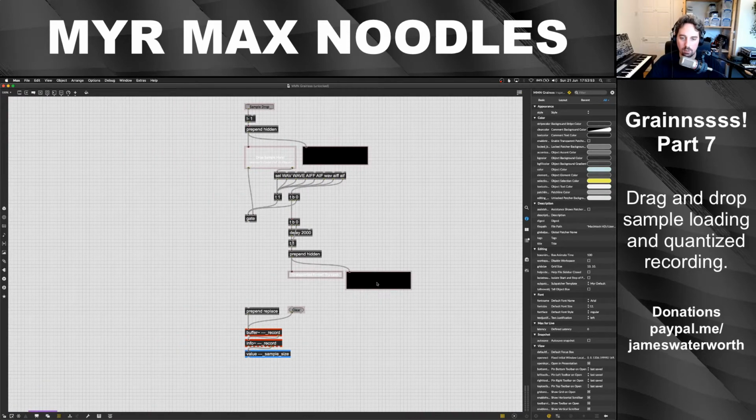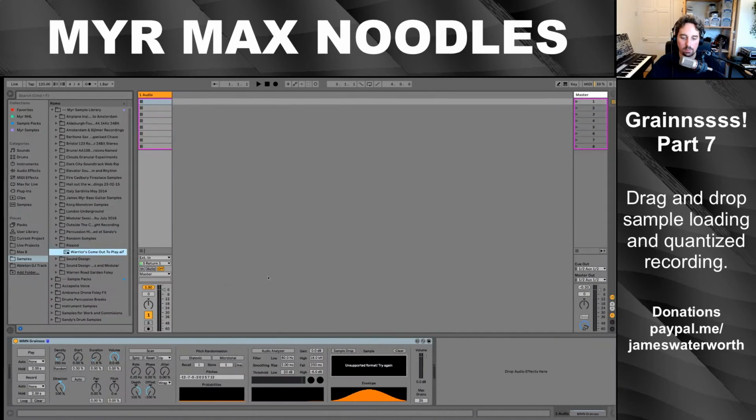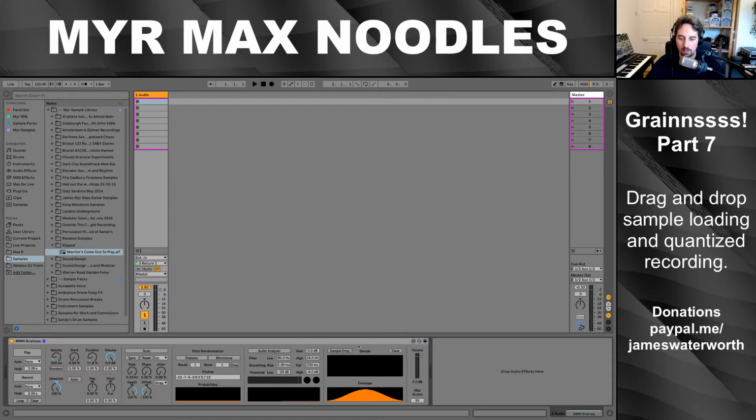So again, we've got a nice display now telling us when unsupported formats are dropped on. And if a supported format is dropped on, it opens a gate allowing the file to actually pass through, and that should get loaded into our buffer. So we should be able to close this, close the device quickly, go back into actual Ableton land. We now have a button allowing us to turn on sample dropping. It gives us a little prompt. I can load in a sample, drop it in,